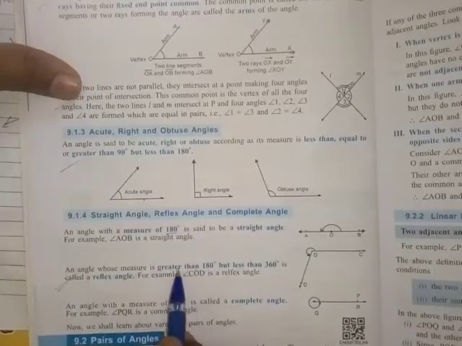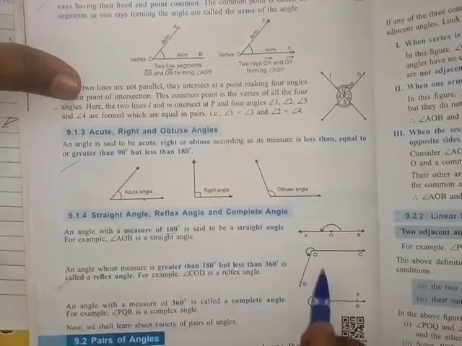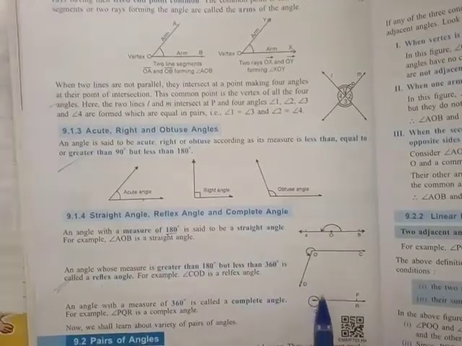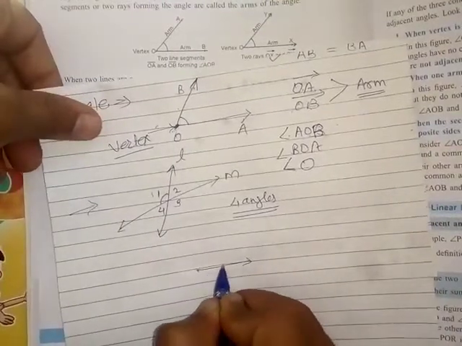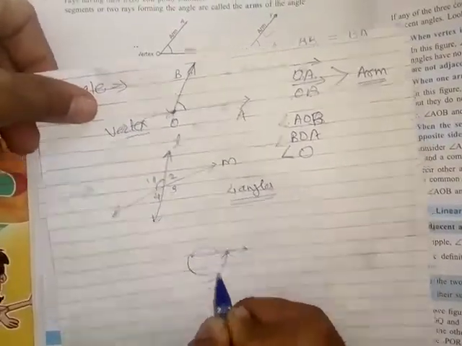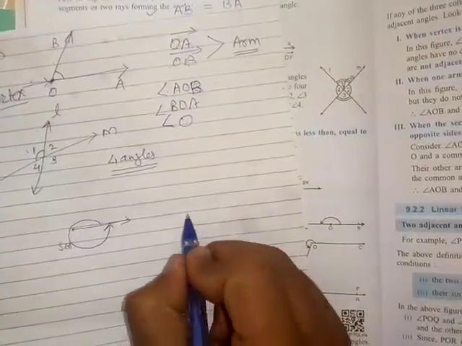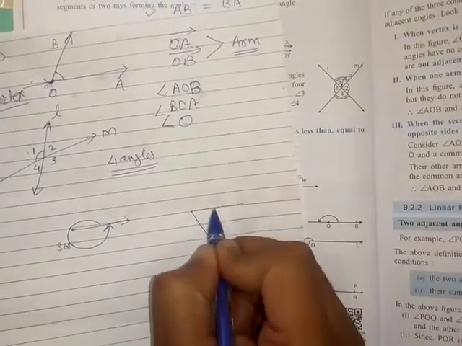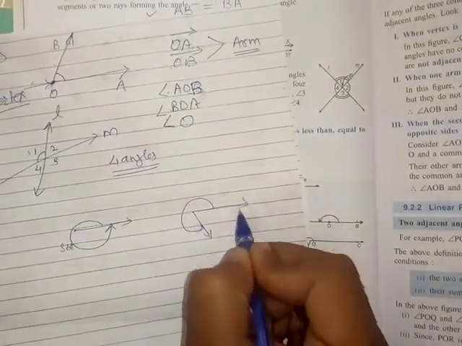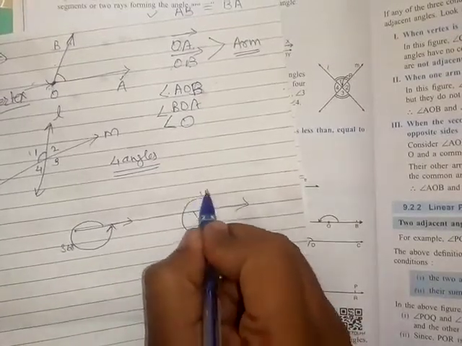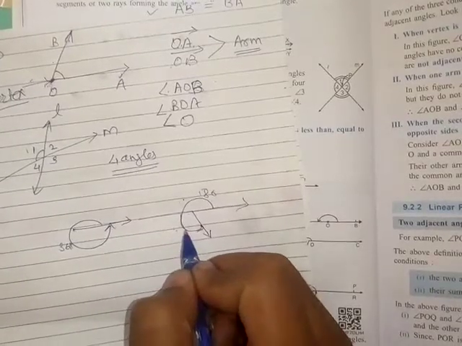The next angle is greater than 180 but less than 360; that is called a reflex angle. The complete angle means, for example, here is the ray and the angle between here to here all the way around; it is called a complete angle, which is 360 degrees. And what is a reflex angle? The angle from here to here is more than 180 degrees. This is 180 and this angle is also a combination. So this is called a reflex angle.